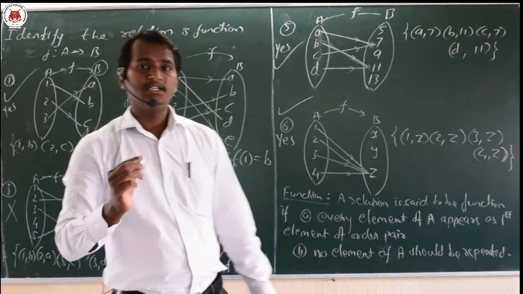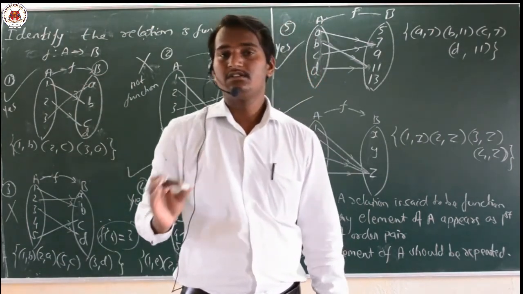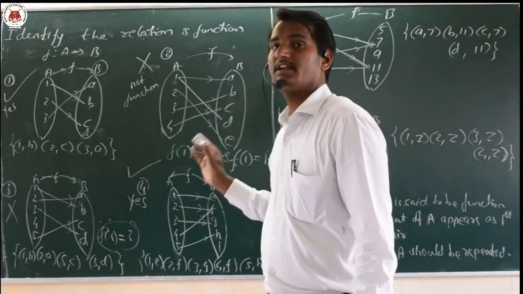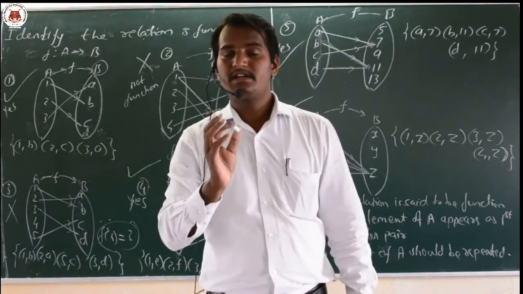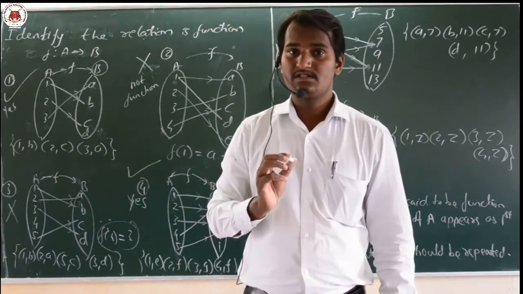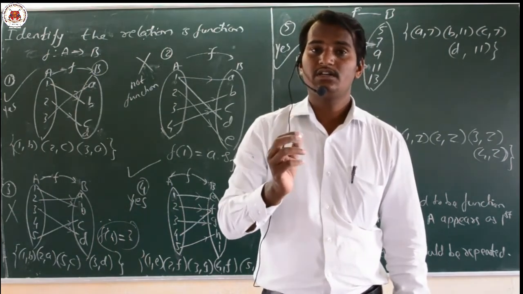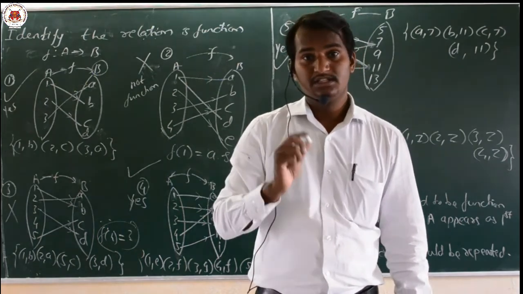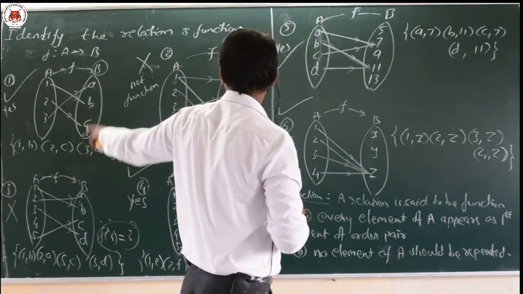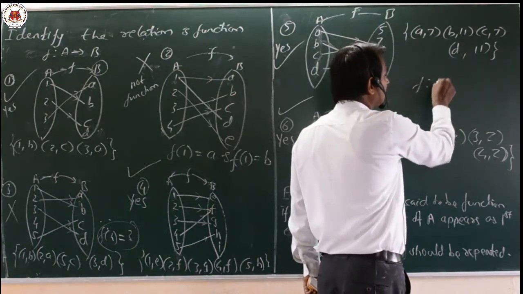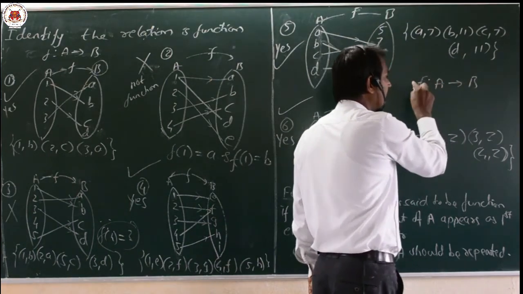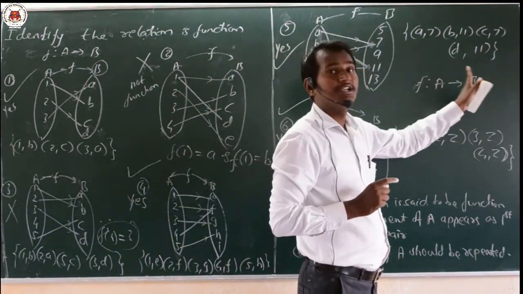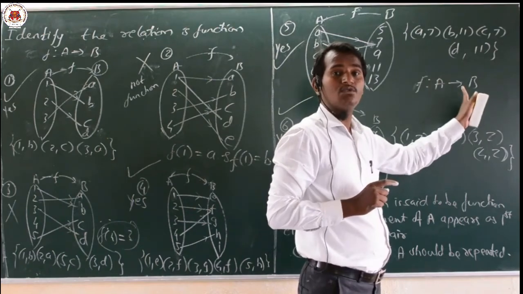What do you mean by a function, the definition of a function? All these things you had already learnt in the first PUC. We have repeated all the things related to our first PUC chapter, relations and functions. Now, dear friends, in the next session we shall start with the types of functions, different types of functions depending on their mapping. Here the word function is also called a mapping. That is f from A to B. That is also called a mapping. A function maps from A into B.